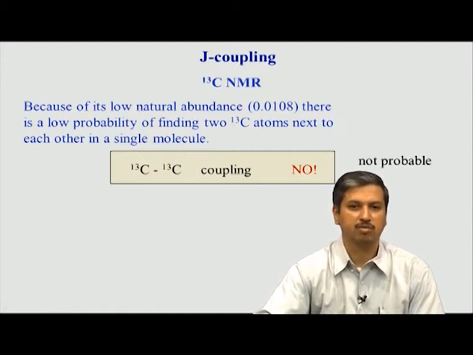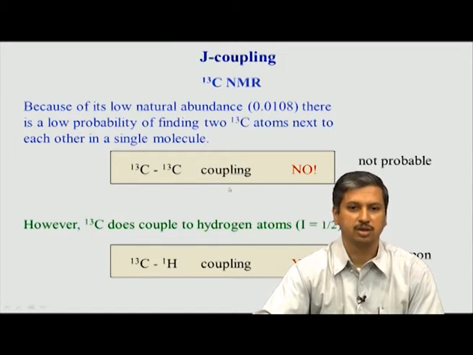In fact, these carbon 13 labeled molecules are available commercially, and as we go along, we will see that in biology you actually need enriched carbon 13 samples. But in this case, we are talking about a case where there is no enrichment. You are taking a standard sample, let us say from natural sources. In nature, you will not find carbon 13 enriched samples; you will find carbon 12 and carbon 13 at natural abundance. So, in such samples, the chance that you will encounter two neighboring carbons as carbon 13 is very low. Therefore, practically we never bother about C13 coupling in carbon 13 NMR at natural abundance.